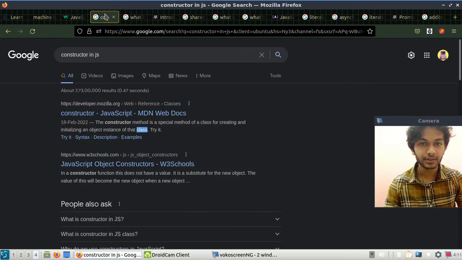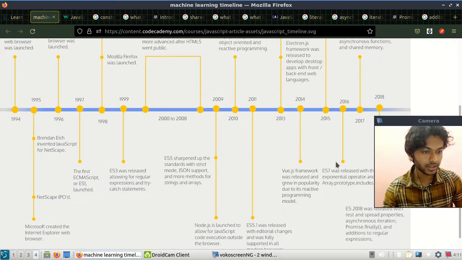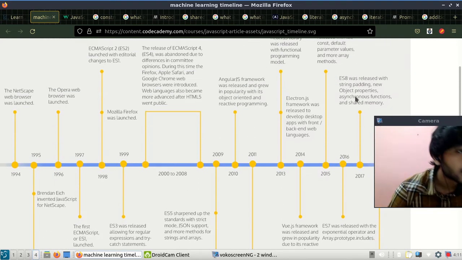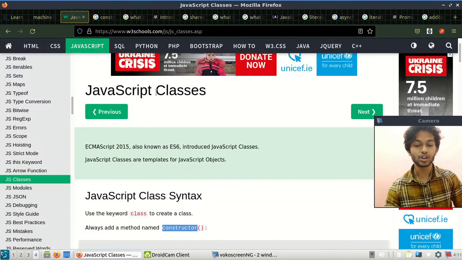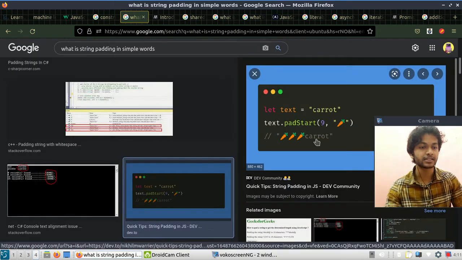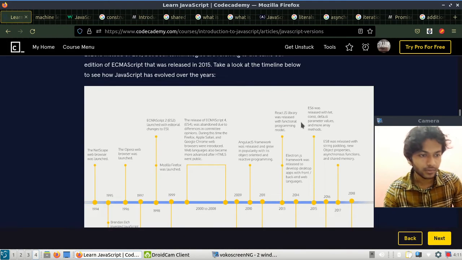Okay, so that's called padding. That was brought in ES6 version of that. That's called string padding, adding non-informational, not important things to a string. We did that. Now we will go to